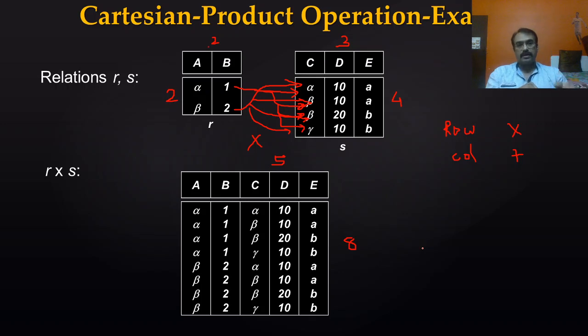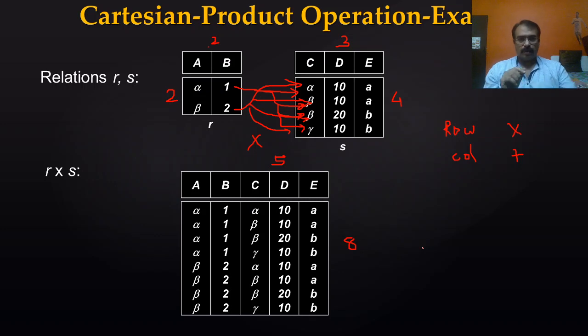If you are making use of more than one relation in a query, by default the Cartesian product operation will be executed, because all the operations in a query language will operate only on a single table. That you need to remember. So we need to form a single table every time we combine more than one relation. So in SQL, when you are listing out 2 or 3 relations in the from clause, all those relations will be multiplied and the condition will be applied on only that single, huge multiplication table. That you need to take care.